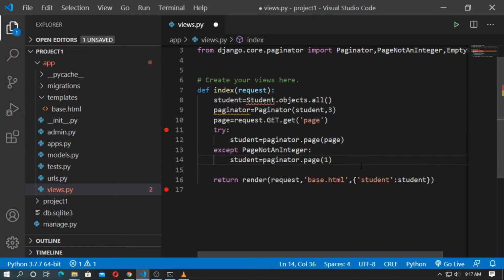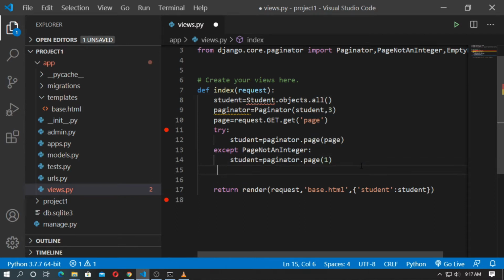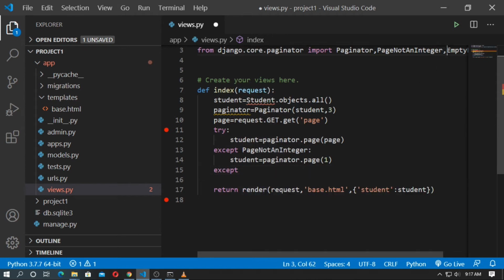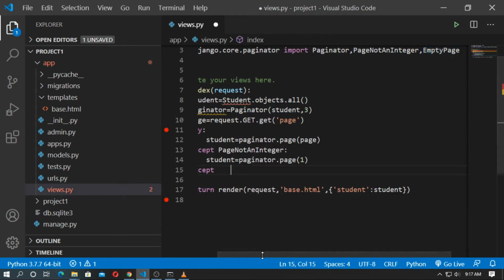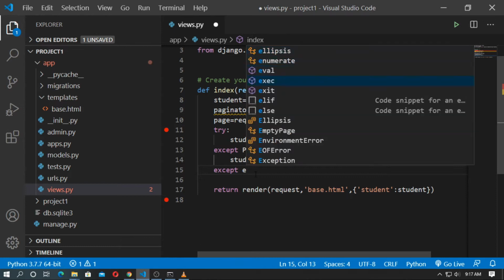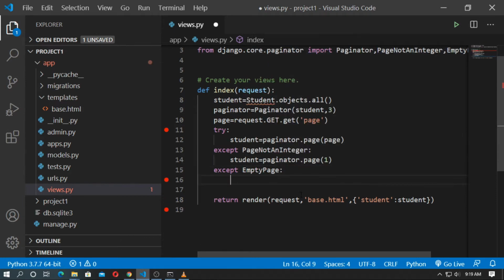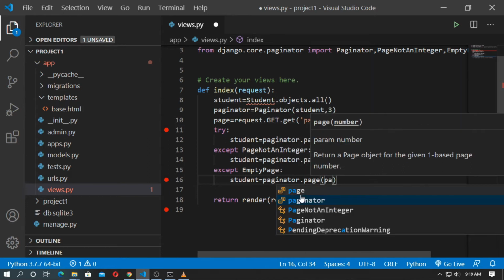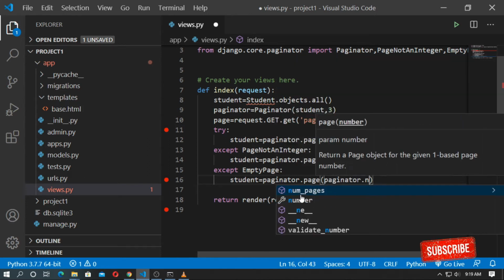And last type another except block for the EmptyPage. Then the object list student equal paginator dot page, and pass the argument paginator dot num pages.